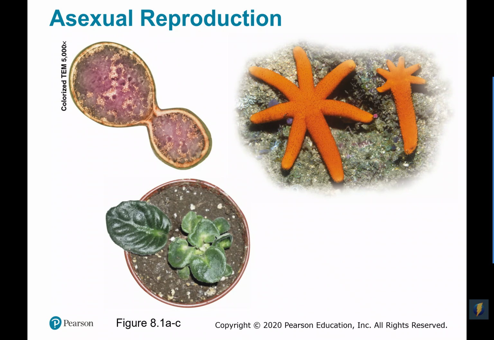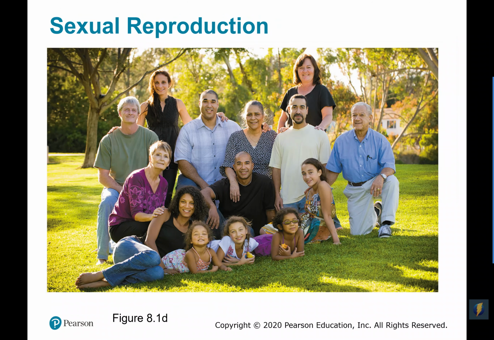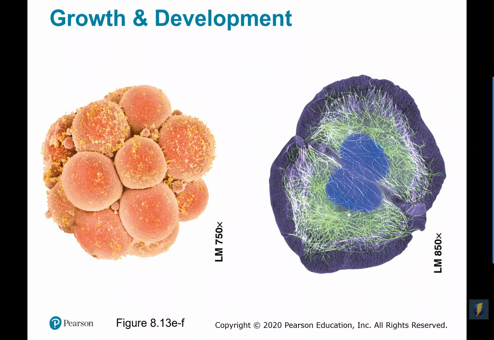Conversely, sexual reproduction, which is of course what humans do, results in a huge variety of organisms, and there's a ton of genetic variation. So these are all part of the same family, but you can see they have different looks, different skin tones, different eye color, different heights, right? There's all that variety. Now within organisms that reproduce sexually, there is a little bit of what we call growth and development that takes place.